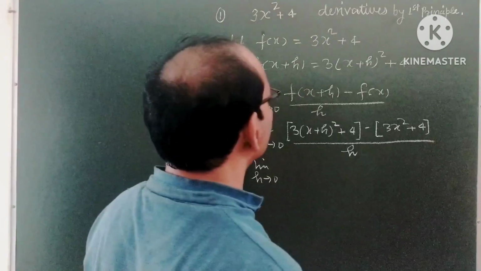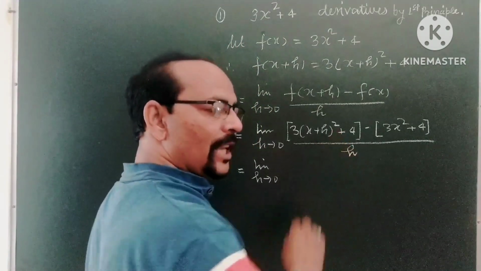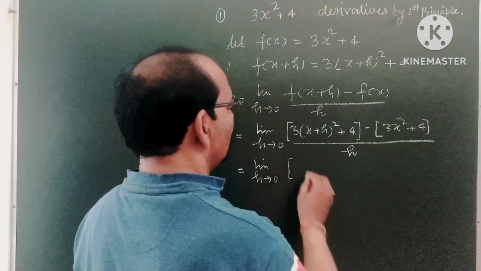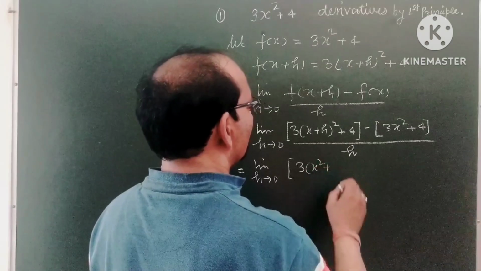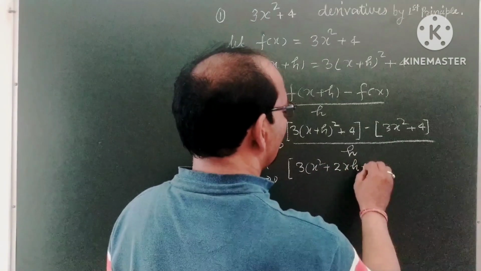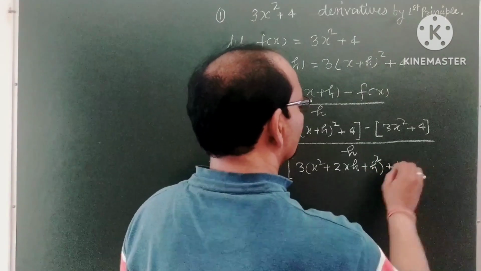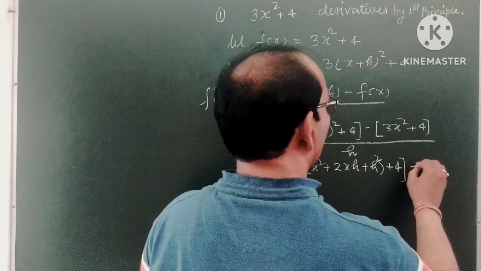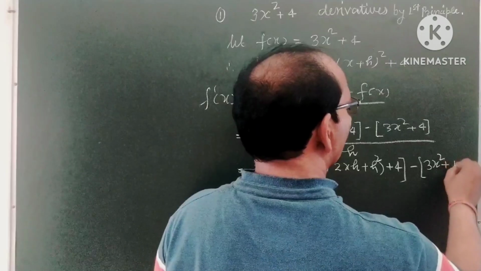Simplify it: (x plus h) whole square, using the formula (a plus b) whole square, will be x square plus 2xh plus h square. So it will be 3 times x square plus 2xh plus h square, plus 4, minus 3x square plus 4,